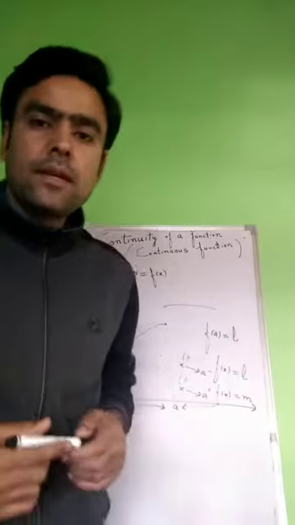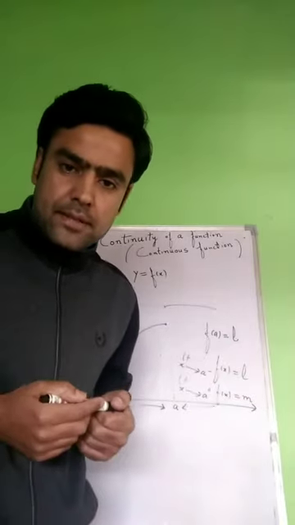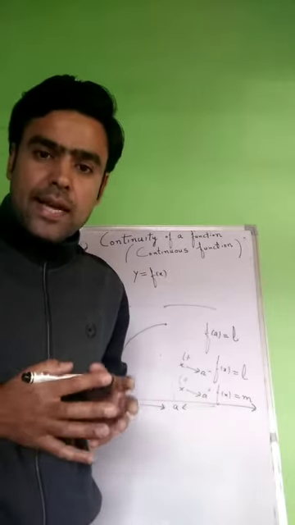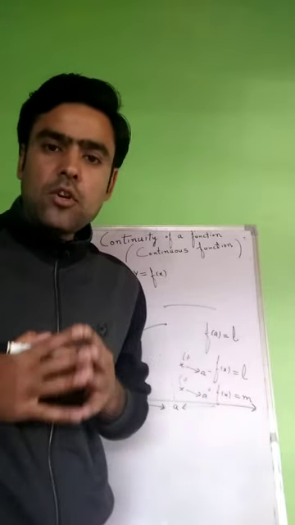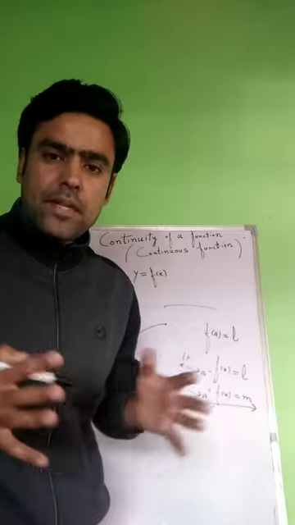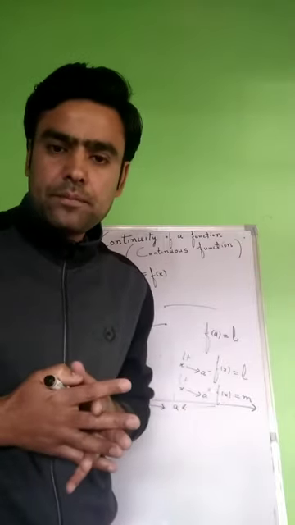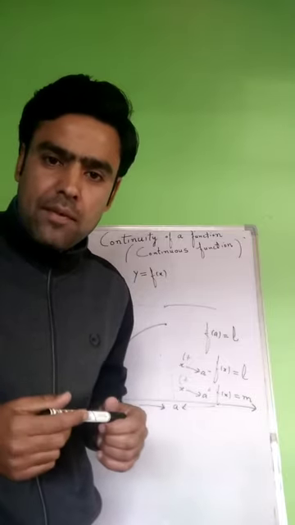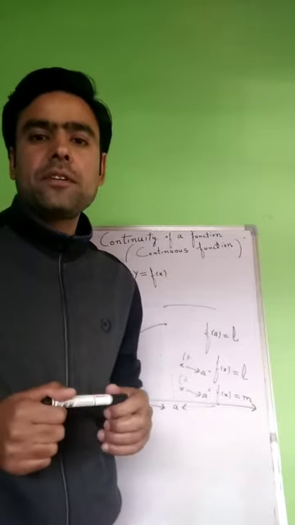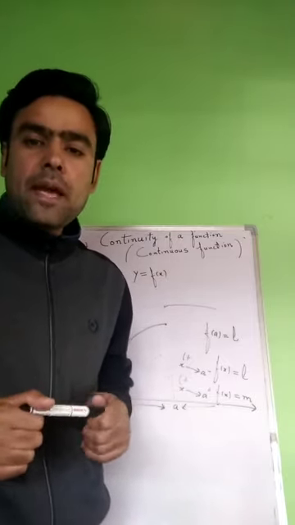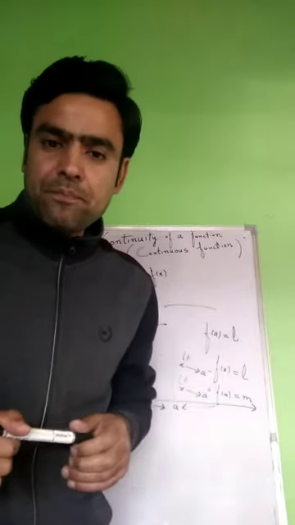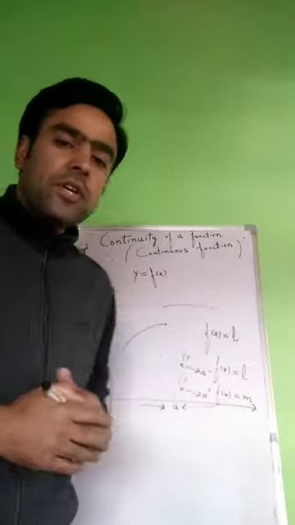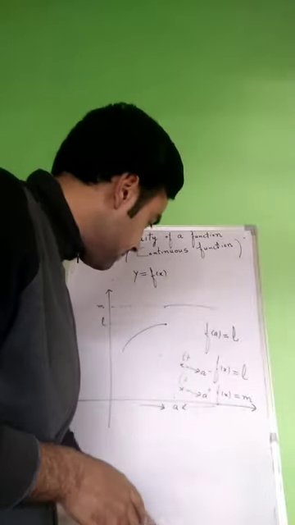Now, in the previous case, the limiting value of the function exists. Also, the value of the function exists, but they were not equal to one another. So that was the reason that there was a hole in the graph which makes the function discontinuous at that point. So from all this, we conclude that